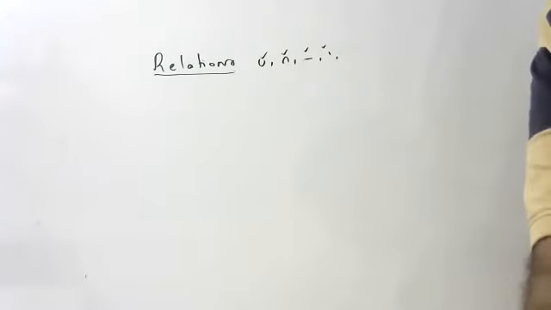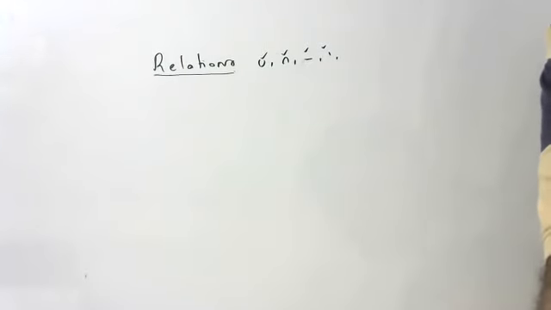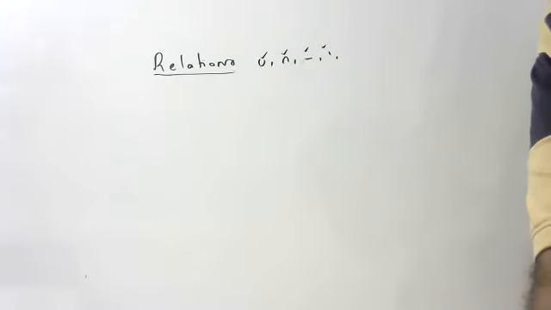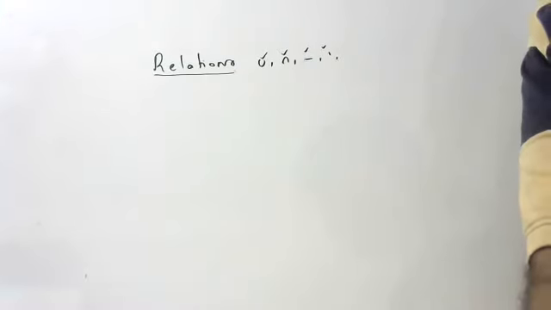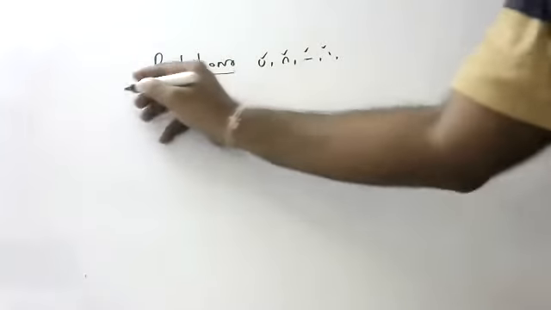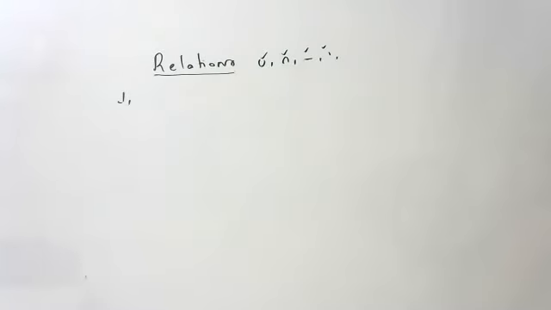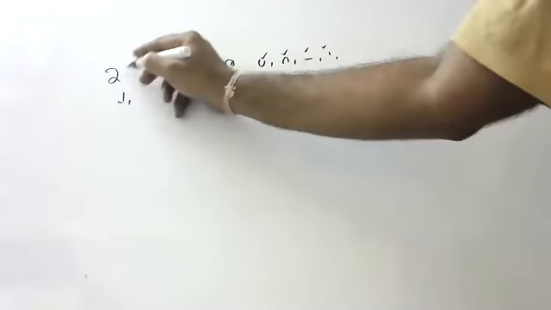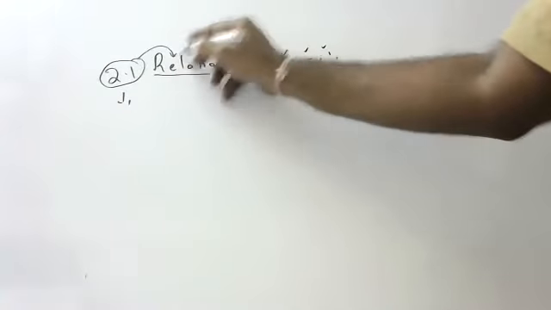Now children, we are going to study relations. In relations, we will learn about a new topic called cross: A cross B, B cross A, P cross Q, Q cross A. Very easy, children. I will not extend the topic much. So I am starting with Exercise 2.1 of the relations lesson from your NCERT book.